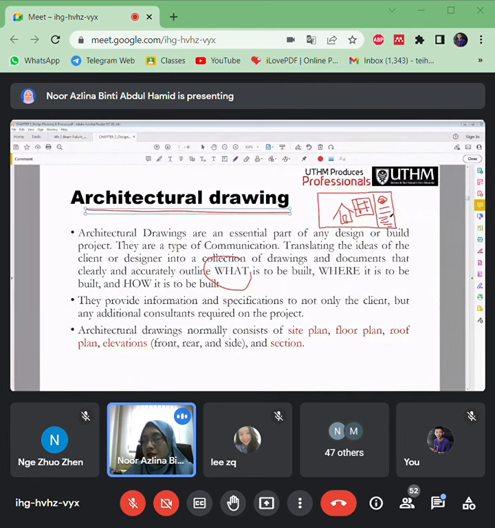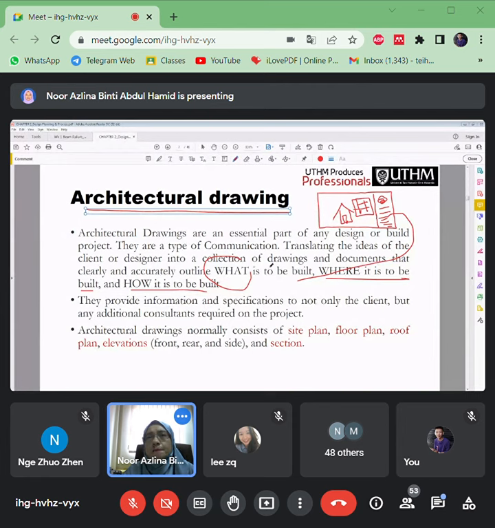Okay, so in this title block there will be information on what is to be built. They will have a description. Let's say, okay, what project? A school, to build a secondary school in Parit Raja. How many blocks? How many stories? First, just single story or double story. Okay, so where is it to be built? There will be a location, at which lot number, in which housing estate. Okay, so all the information, how it's to be built.